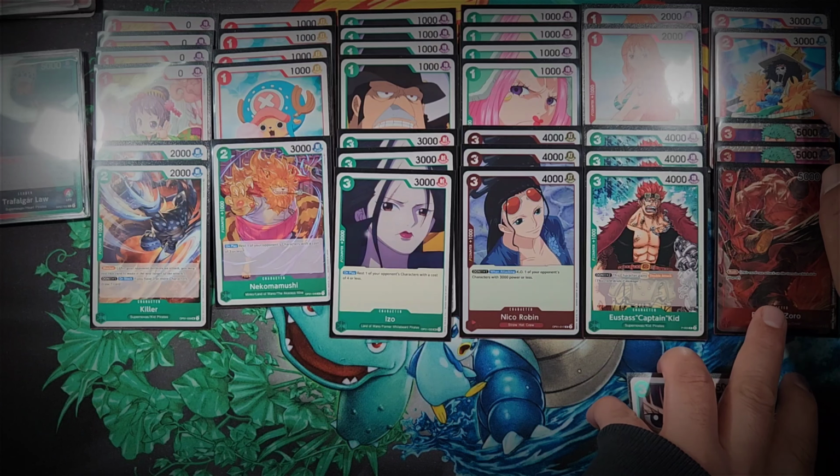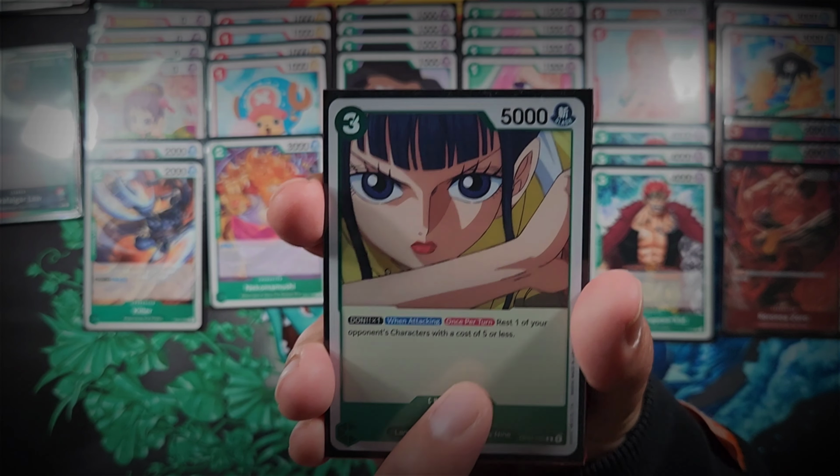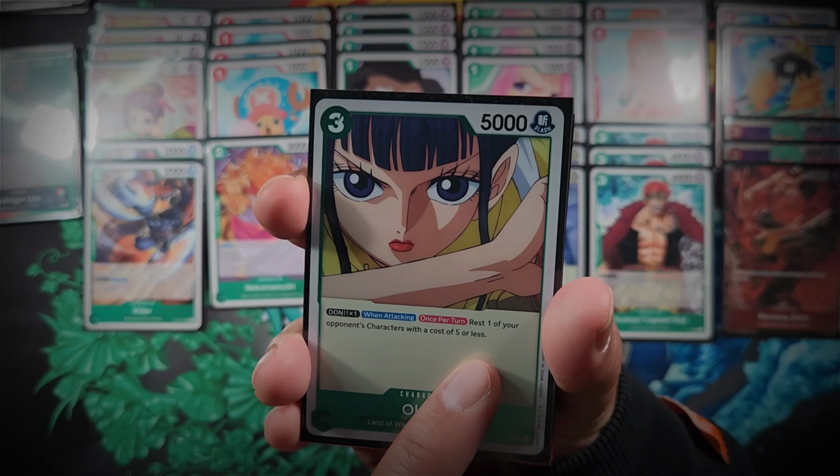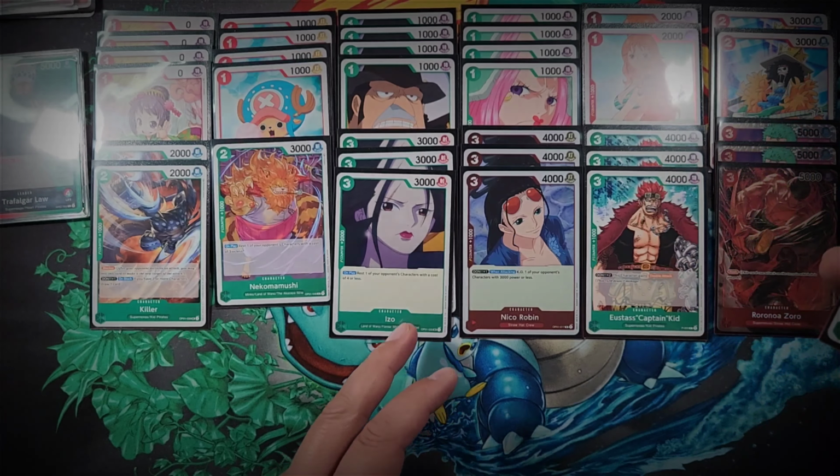Okay, 1 copy of Okiku, Don times 1. When attacking once per turn, rest one of your opponent's characters with a cost of 5 or less. Would have played more had I known how useful this is. Resting your opponent's characters, especially if it's 5. 5's a magic number in this game. Yeah, would have been extremely useful. I think I would probably drop maybe